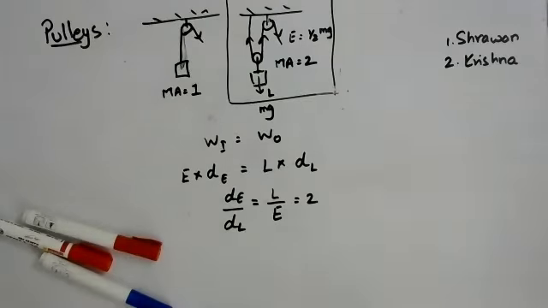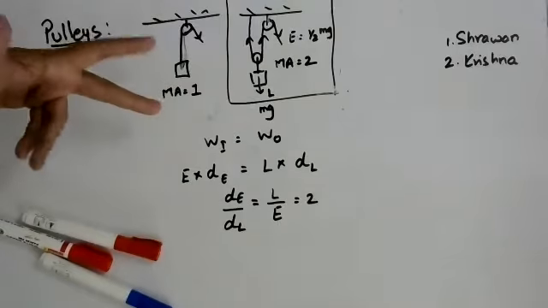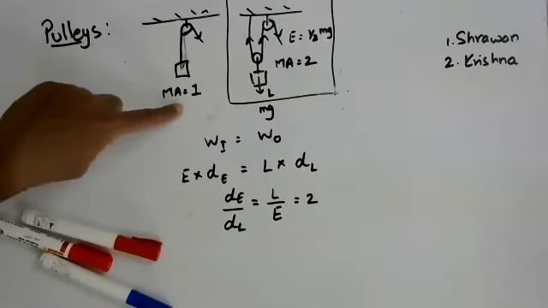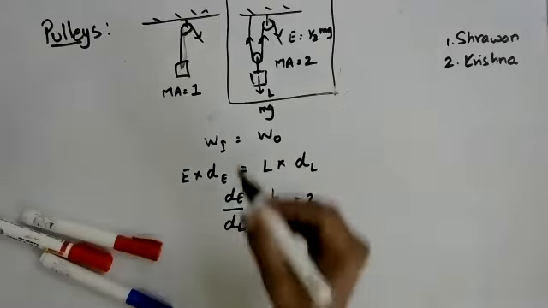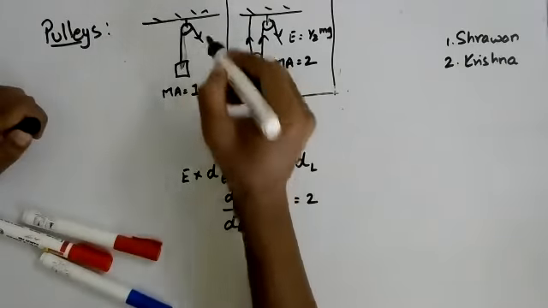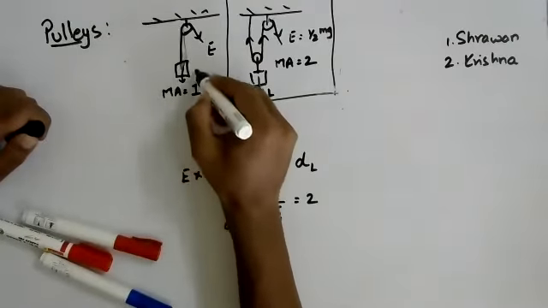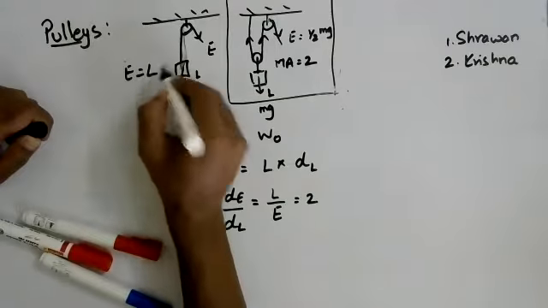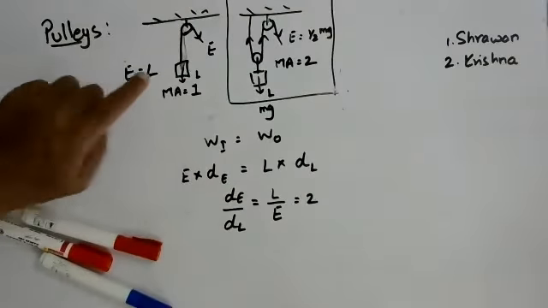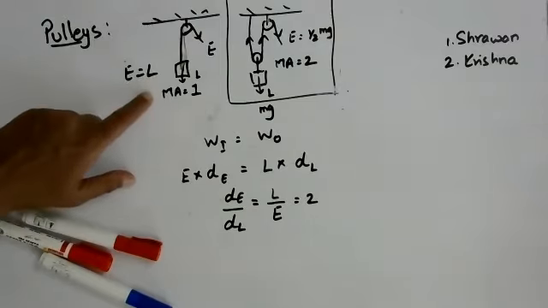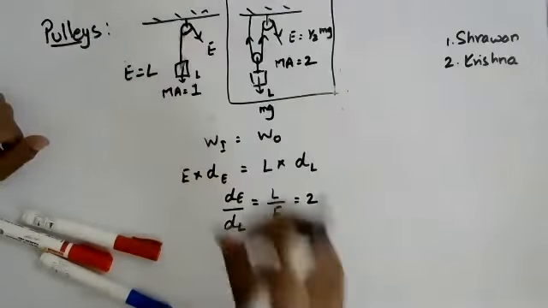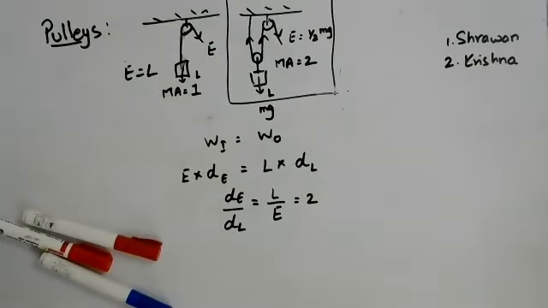Today we will continue our discussion on pulleys. In the previous class, we have looked at two examples of pulleys. One is the single fixed pulley with a mechanical advantage of just one, which means that whatever effort you apply, the load will be exactly equal to the effort. The effort will be equal to load in this case. The only advantage of a single fixed pulley is that it changes the direction in which you apply the force, and that is a significant advantage as it is.